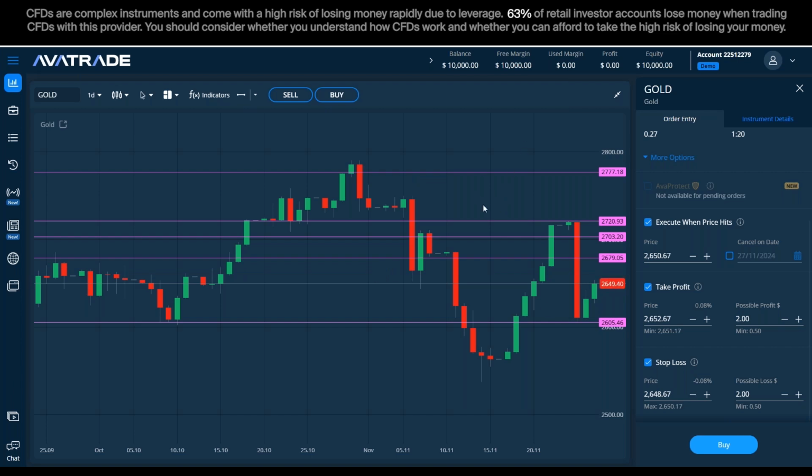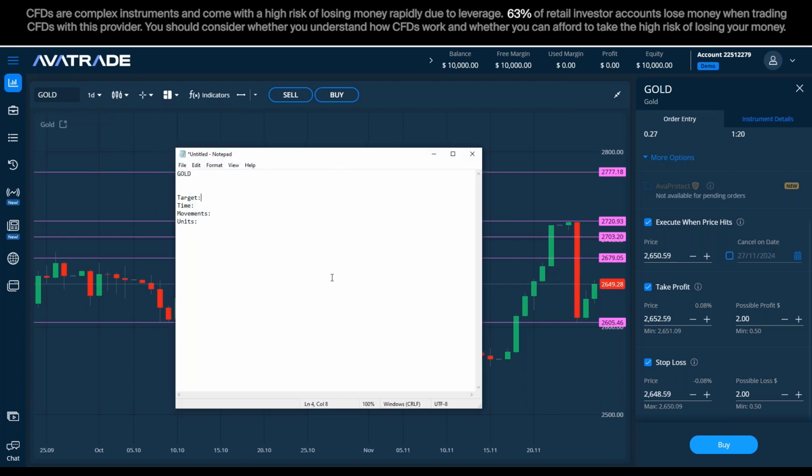There are a few ways. One of them is simply taking the numbers from the previous candle, making a very, very primitive comparison, jotting down the big boy here in red. Let's jot down the date and then the figures.